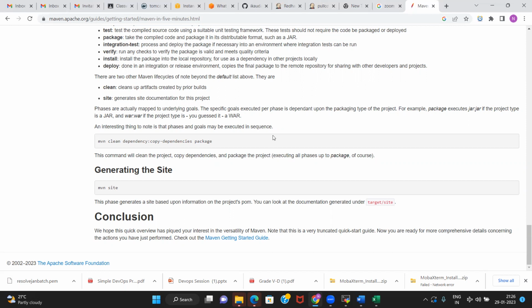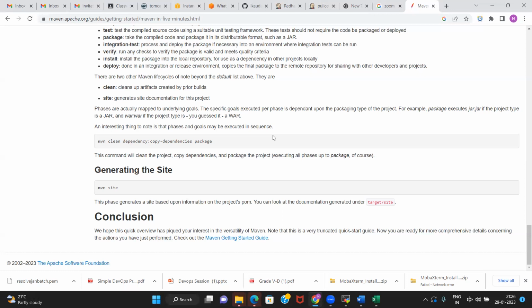This makes the build process automatable, so it can be automated easily. That is what Maven will do for you. There are also many other things associated with Maven. We will talk about them, but first let us check how to set up Maven.